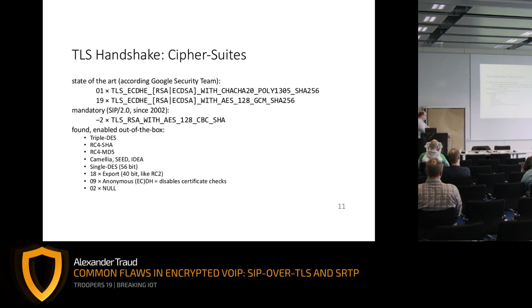The same for the export ciphers, 40-bit, and 18 phones still had the export ciphers activated. Still today. The next one is a real problem: the anonymous Diffie-Hellman cipher suites. That's an interesting leftover, it's actually a trick to not do a certificate check, so disabling authentication. So if you connect to Google, Google says, I don't care, you're saying anonymous. I don't send you my certificate, it's okay. We have now an encrypted channel, so it's no